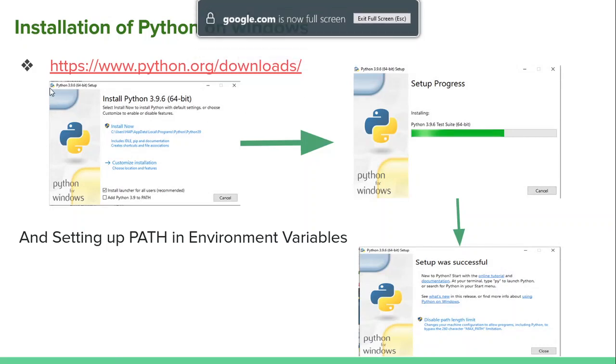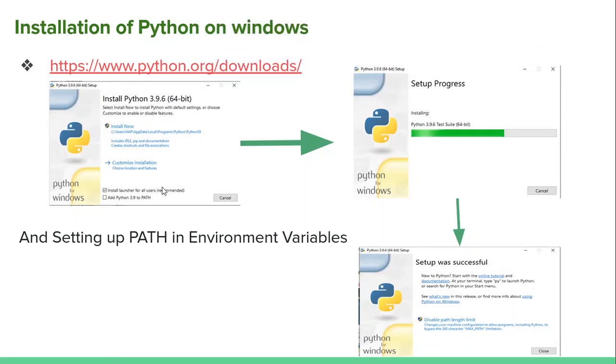In the installation steps, we can select the default path, or you can customize the path as well. You can simply click on Install Now and it will install Python on the default path, or you can customize the installation and give the path where you want to install Python, right? So just remember the location where it is installed. On my system it is installed at the following path: C, Users, AppData, Local, Programs, Python, and Python39. You can choose any location on your system where you want to install Python, right?